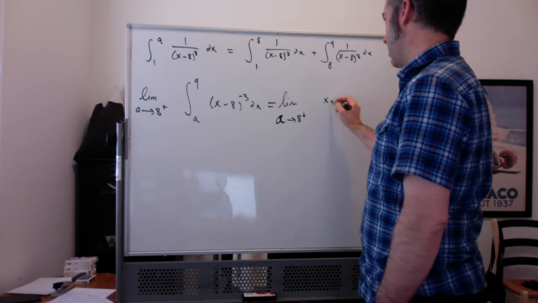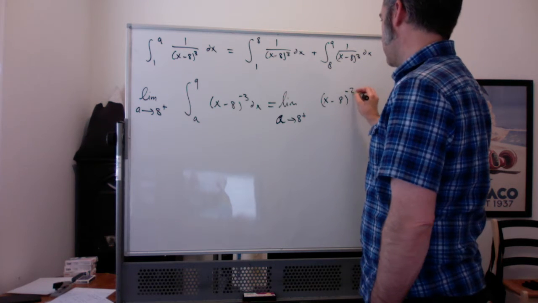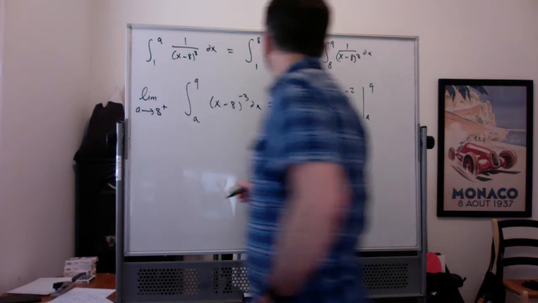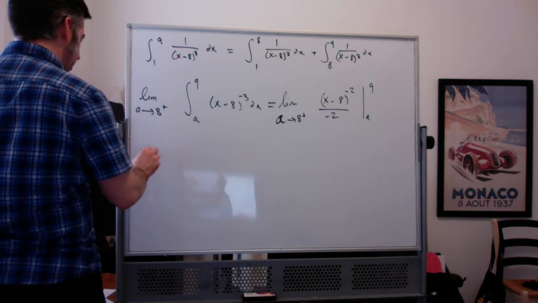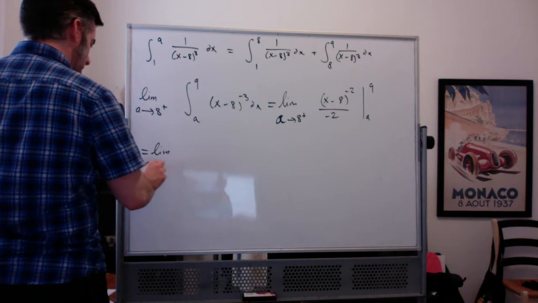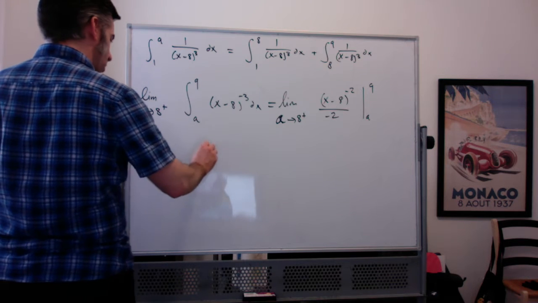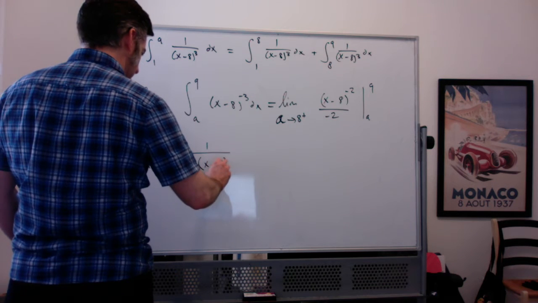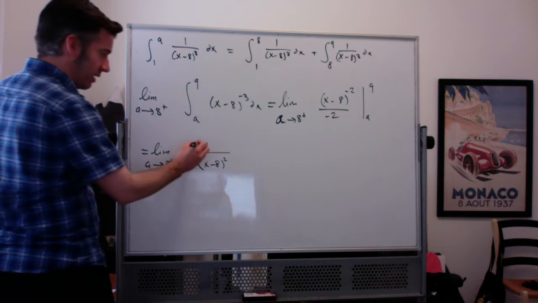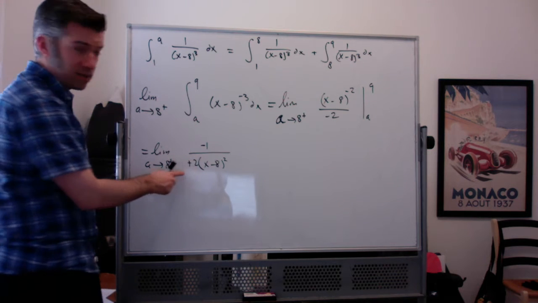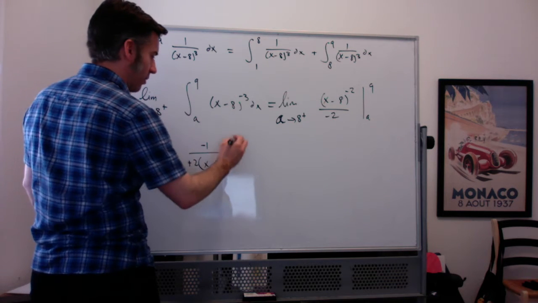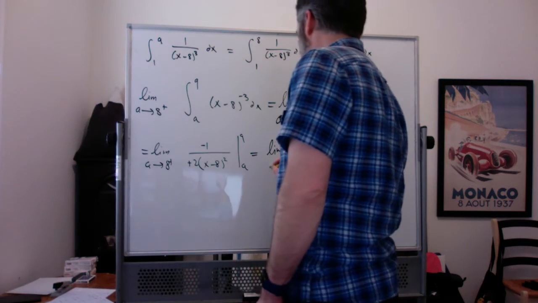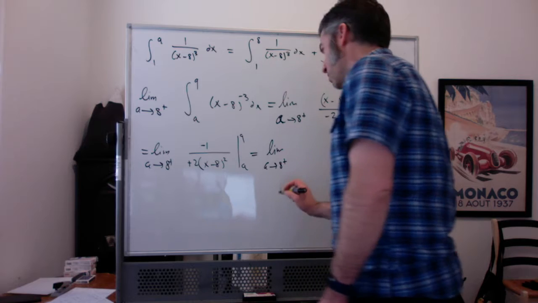I'm going to get (x minus 8) to the negative second divided by negative 2 from a to 9. I'm going to rewrite that so it's easier to deal with. The limit as a goes to 8 from the right, I'm writing it as 1 over negative 2 times (x minus 8) squared. Although in the notes I actually brought the negative up to the top. The 2 still has to be on the bottom, but the negative part can be on either the top or the bottom. Plugging in the limits of integration, we get the limit as a goes to 8 from the right of